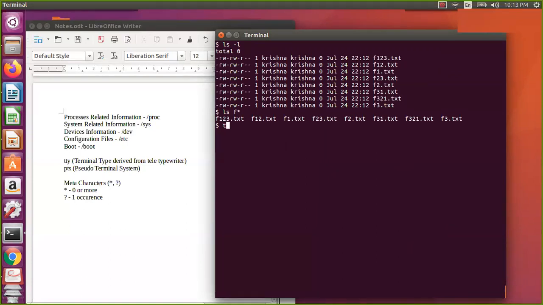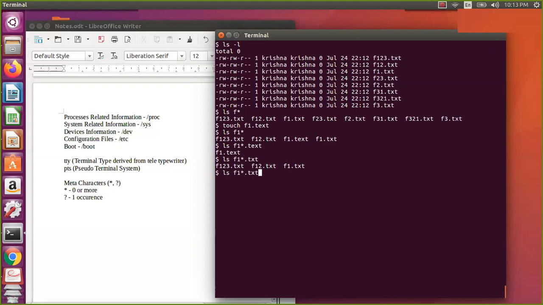So now let us assume I say f1.txt. Okay, so if I say f1 star, it will give whatever files start with f1. So it will give f12, it will give f1, and so on. It doesn't matter what the extension is. Now let us assume I want to give only the txt extension. In that case, it will not give any files, because it will only check for files ending with txt. So now let us assume I test something like this, then it will only give the files which start with f1 and end with dot txt. So that's what star means.